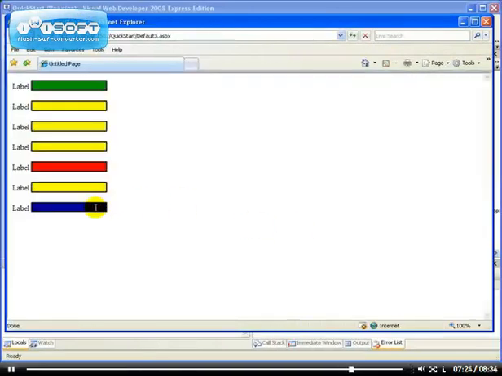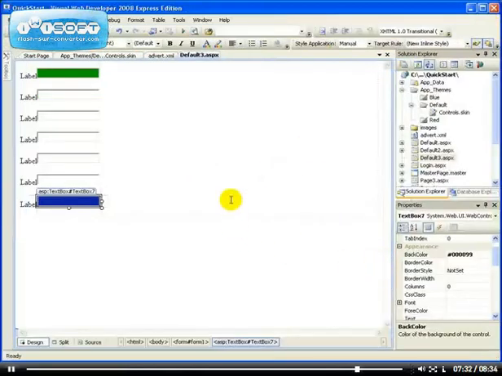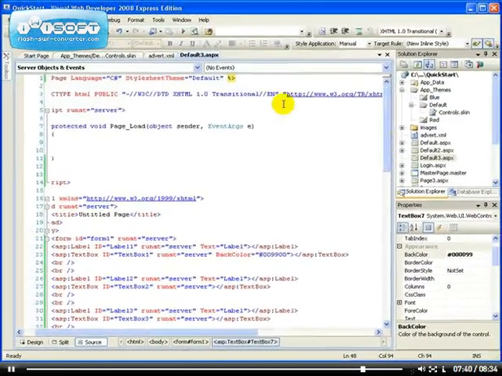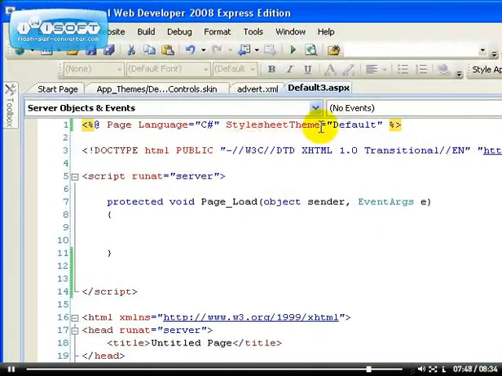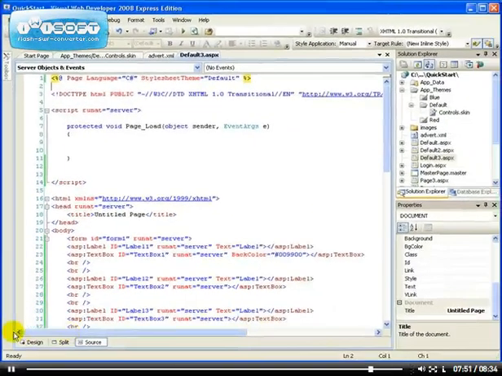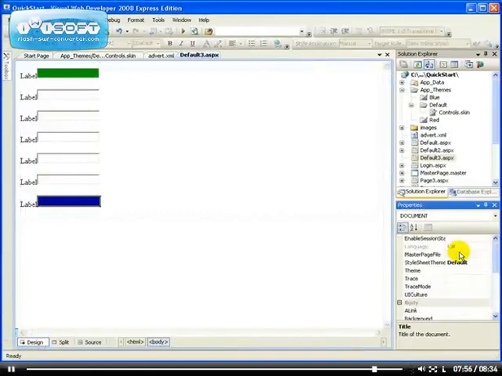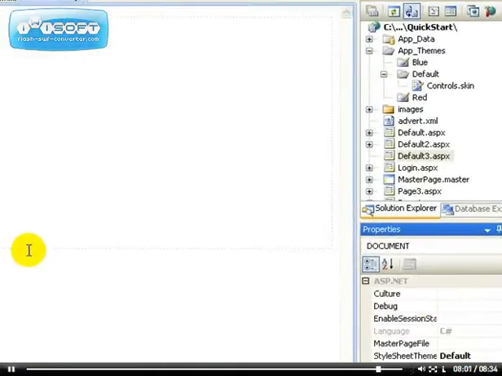So you get the idea, you see. There are times when you want to use the style sheet theme to have preference. Depending on how you configure your website, you can either use just theme equals to default, or you can use StyleSheetTheme equals to default. If you think you're going to be modifying some of your controls' appearance properties from the property windows, then you might want to use the StyleSheetTheme